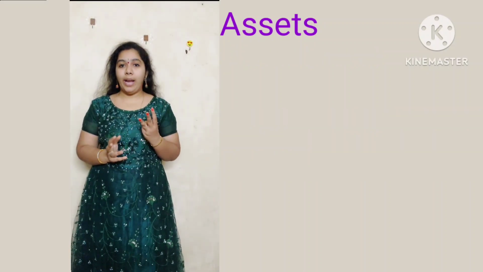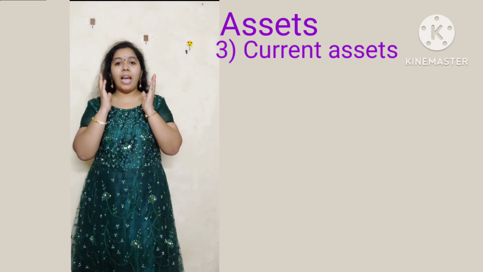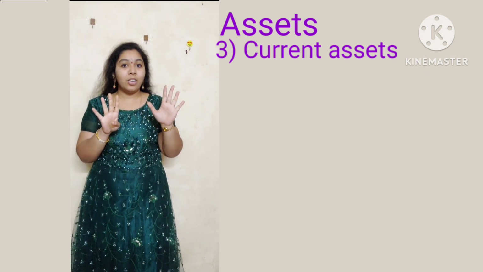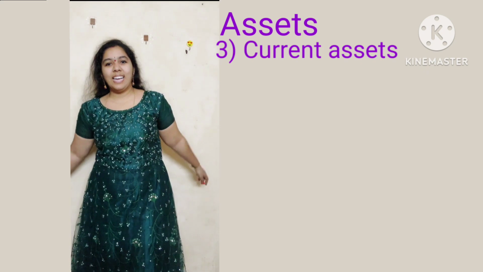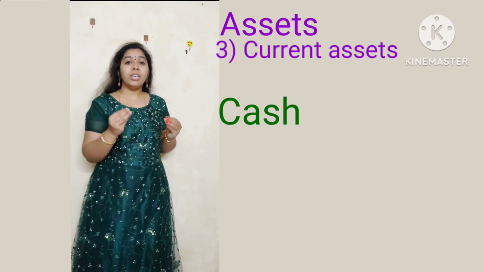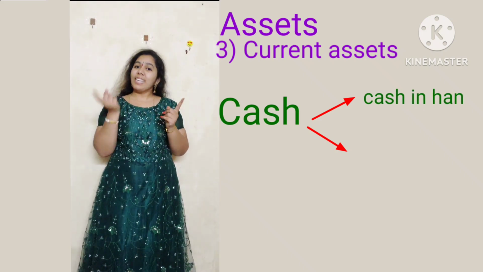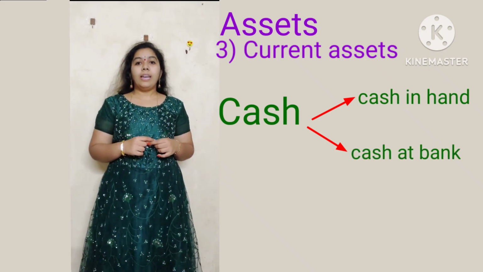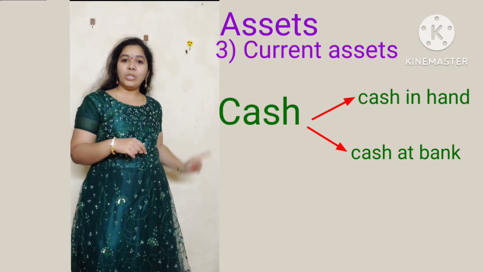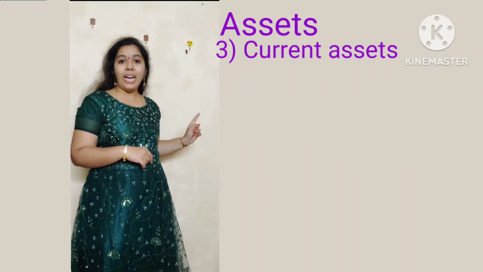And next one, the third one, current assets. Let us discuss the current assets. Current assets are divided into 9 types. First one is cash. Cash is divided into two types: cash in hand and cash at bank. So these are the current assets, divided into 9 types. First one is cash in hand. Second one is cash at bank. Third one is